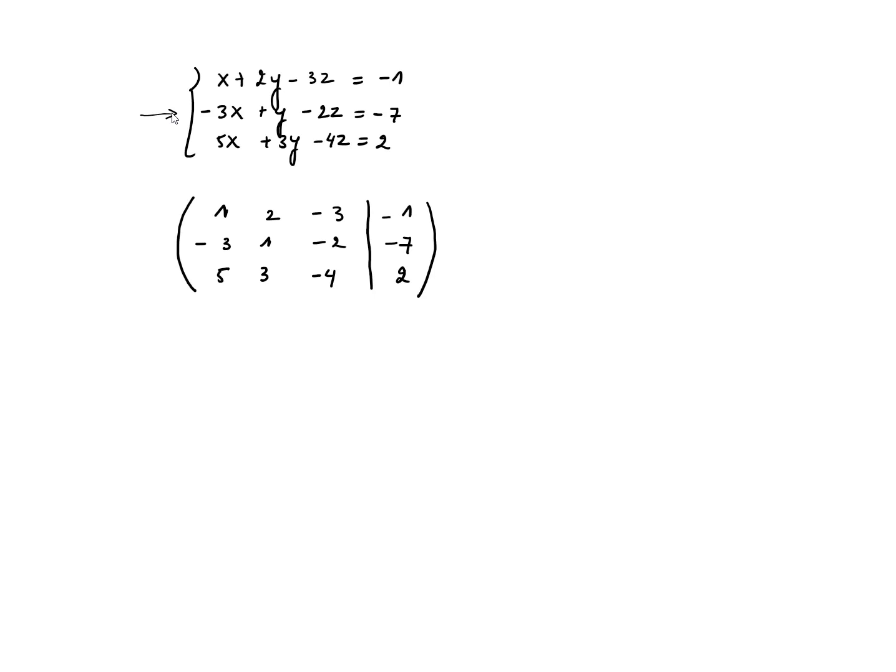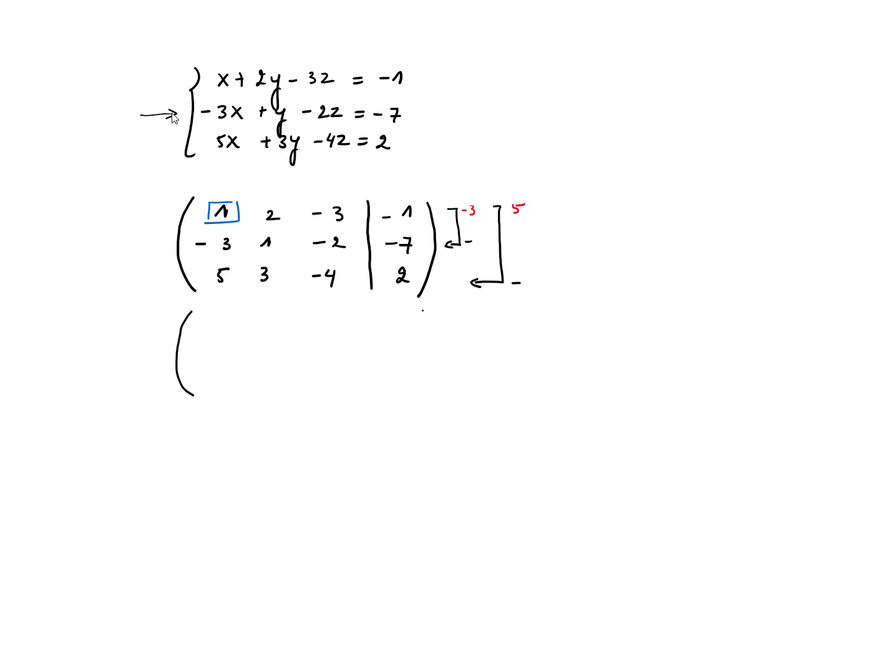So I've written it in the augmented form, and now we can start the elimination procedure. So here is our pivot. Okay, so we're going to produce zeros below the pivot. And what we need is to compute the multiplier. To produce a 0 here, you take the entry divided by the pivot, it's minus 3, and here 5 divided by the pivot, it's 5. And now we are ready to produce the